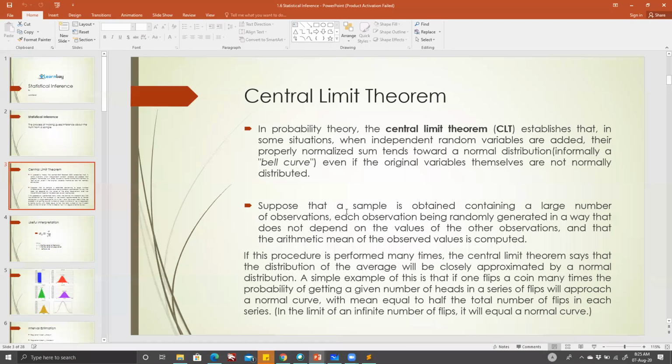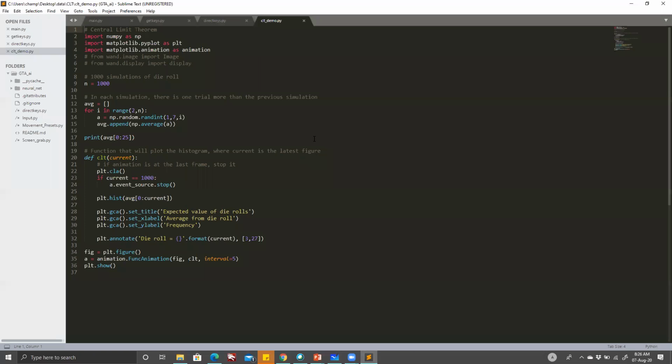What it means is, even if you take different samples which have different distributions, if you sum them and average them, fundamentally they will start to mimic a Gaussian distribution, or informally a bell curve. So whatever you do, if you do it a large number of times, and you sum it and take the average, it looks like a Gaussian after a while. Okay, and let me give you a small demo now.